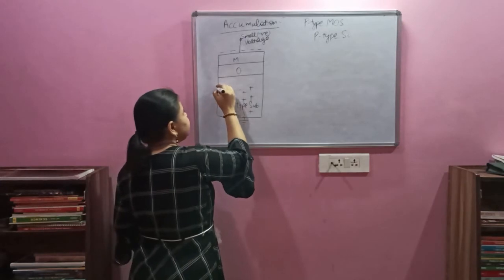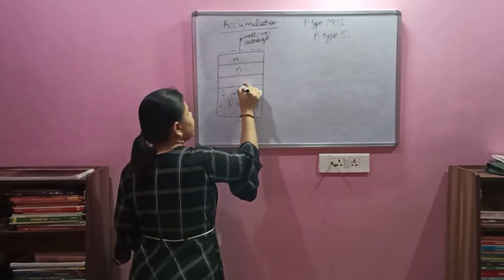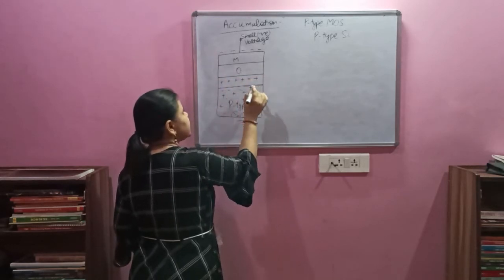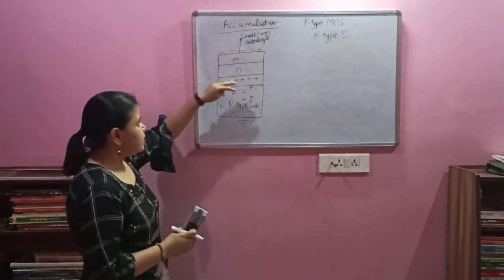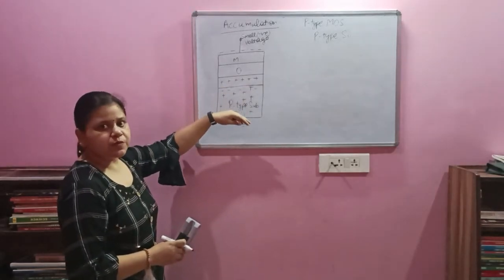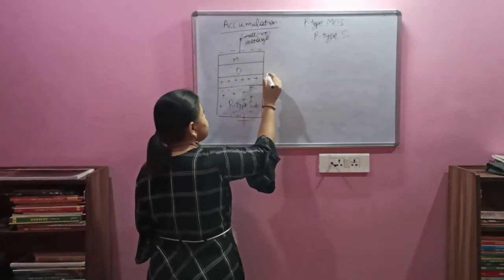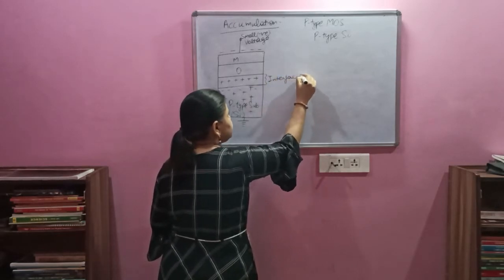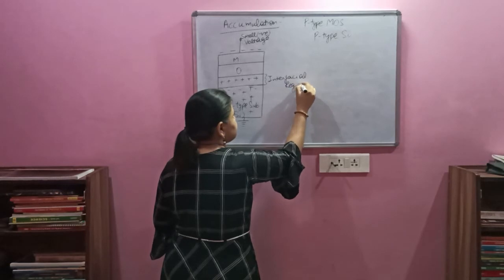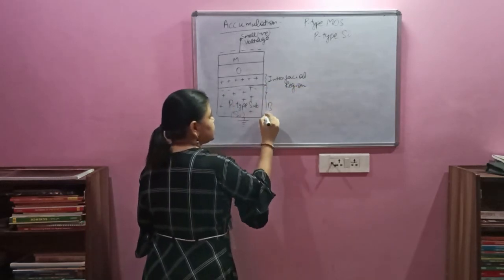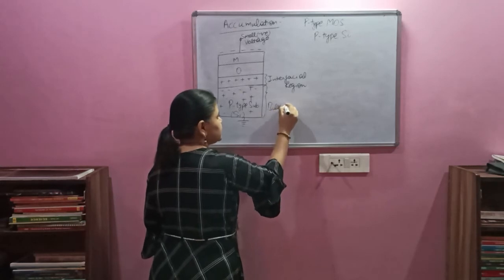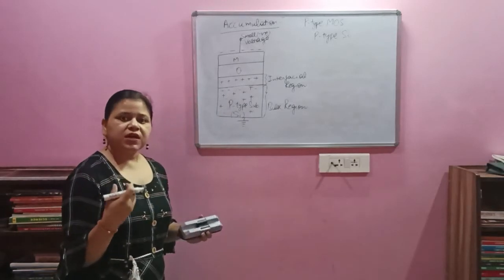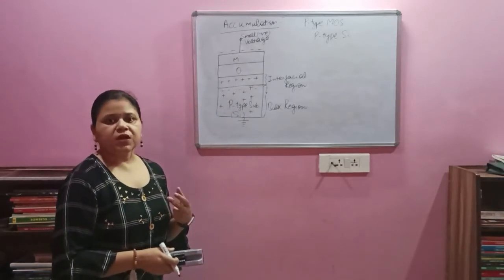So at this region, which is again known as the interfacial region, only positive charge will be accumulated, and all the negative charge which was present over here will be suppressed into the deep substrate, which is the bulk region. Basically this substrate is divided into two parts. This is known as the interfacial region, and this is known as the bulk region.